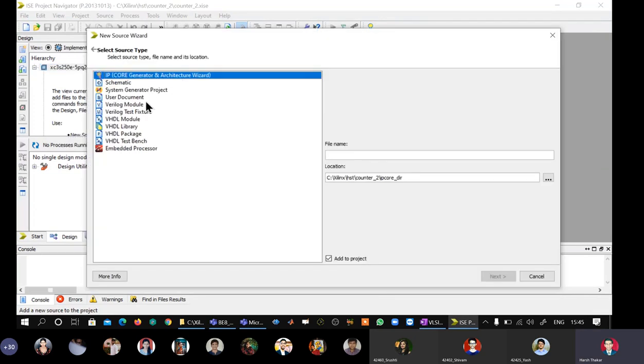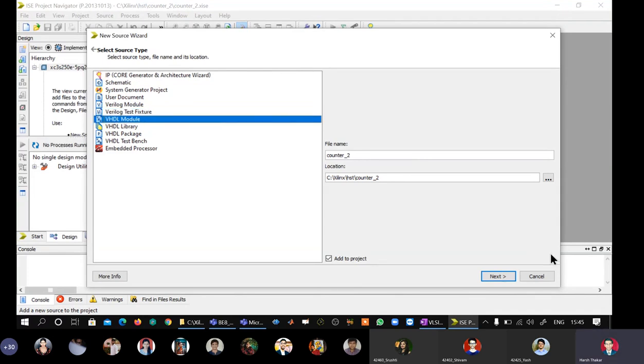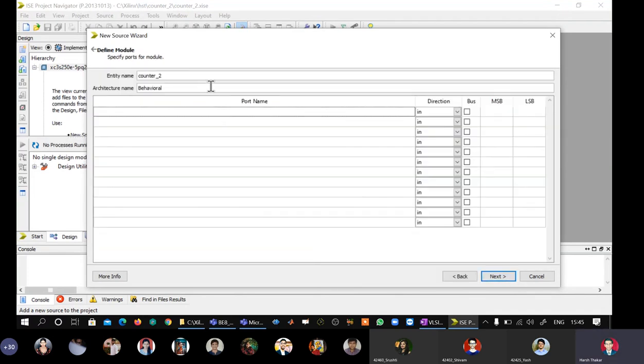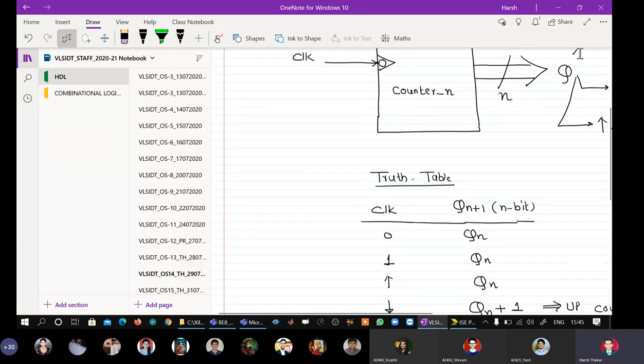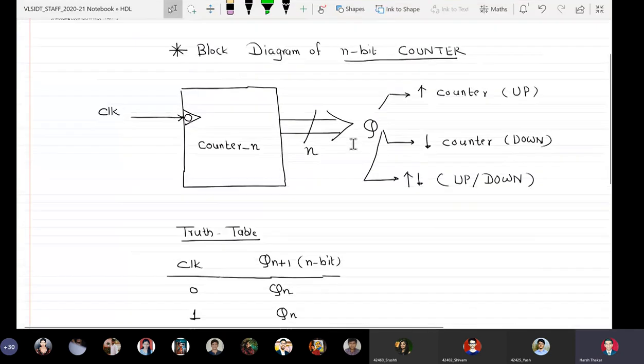New source, VHDL module, counter_2, reselect, next, counter_2 underscore arch. CLK input and my Q. Now here, my output Q has an MSB and an LSB, so I cannot use 0 to n-1.